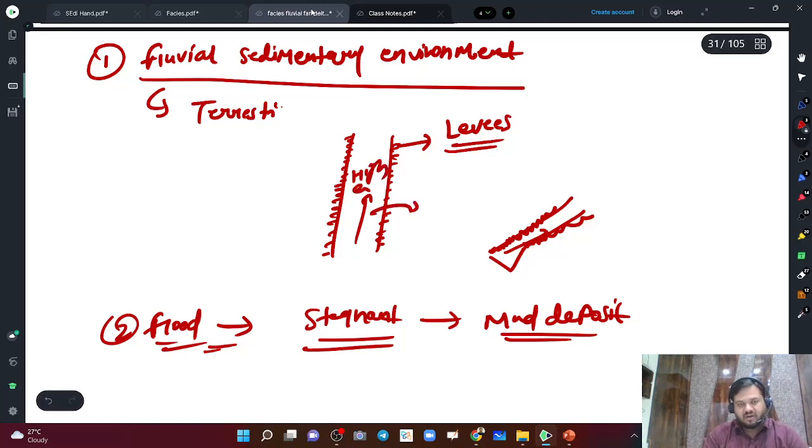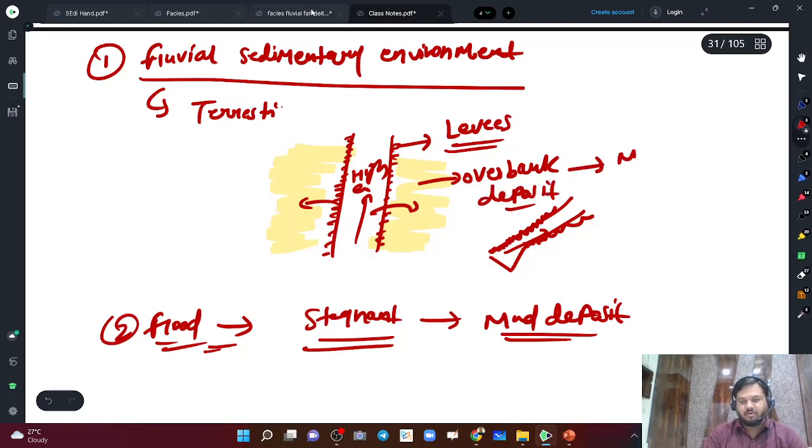But if the river flows over this, and in these areas, right, this is flood plain, right, flood deposit, or you can say overbank deposit. So these are low energy deposits, that is mud deposit, mud silt deposit. So coming back to this diagram,